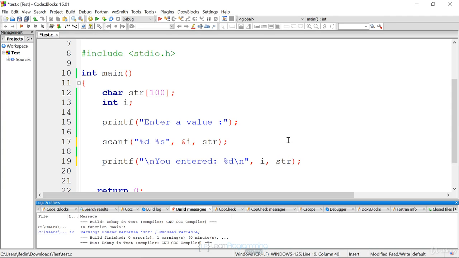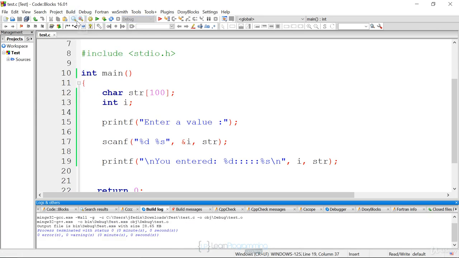And I added another variable to the printf, and I'll just put colons before it. You also have to specify the format that you're printing. So there, %s. So hopefully that's clear. I'm now going to read in two inputs separated by spaces, store them in two variables, I and str, and then display them. So now if we build and we run,